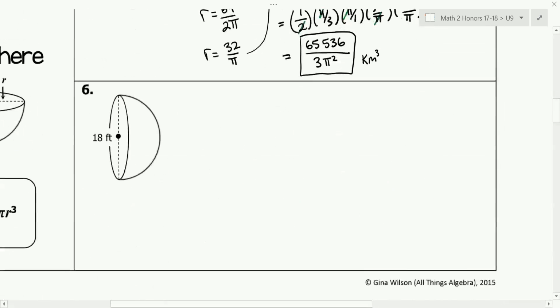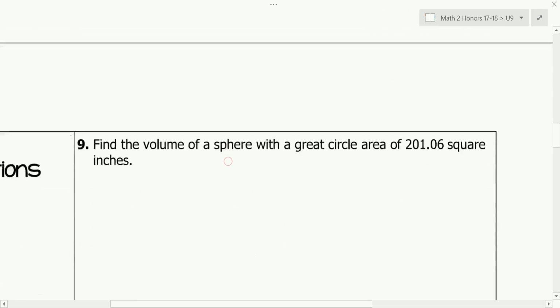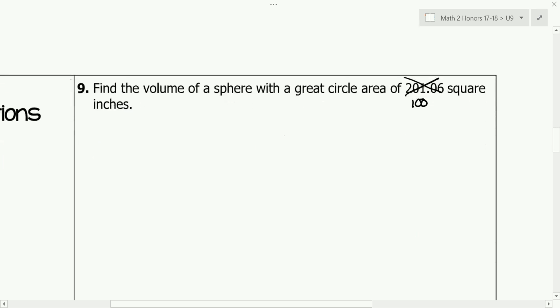All right, so we are working now on number 9 here. The volume of a sphere with a great circle area of, and I said to change this to 100 square inches. And so when we're starting on this one, we have to first find what? Radius. And so what formula are we using? Pi r squared